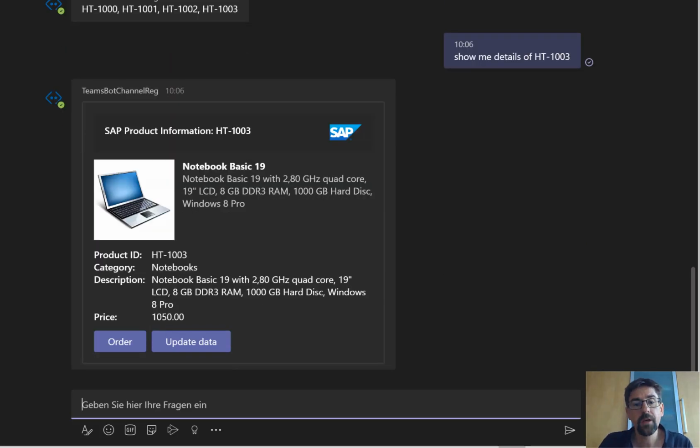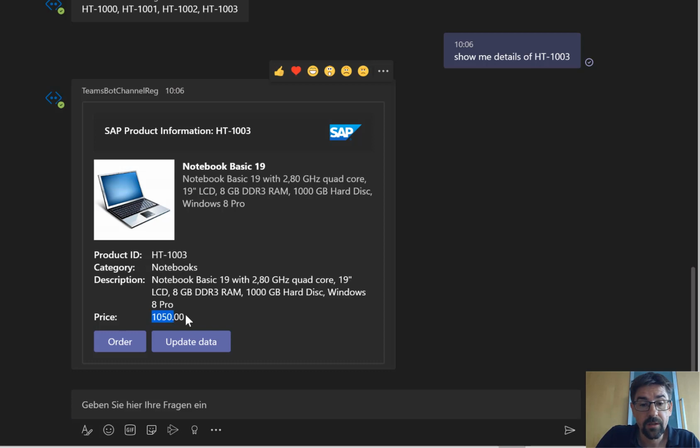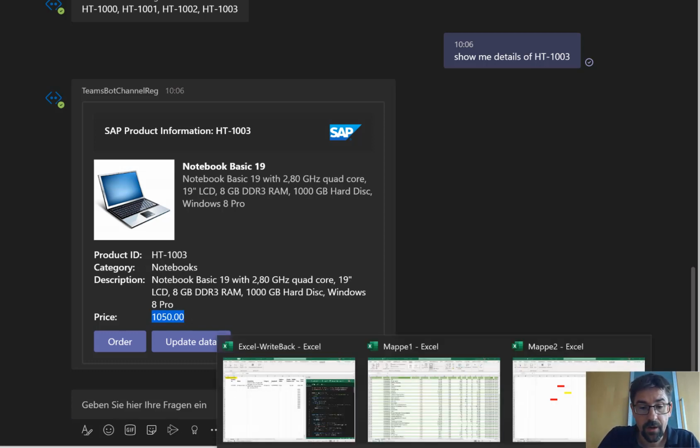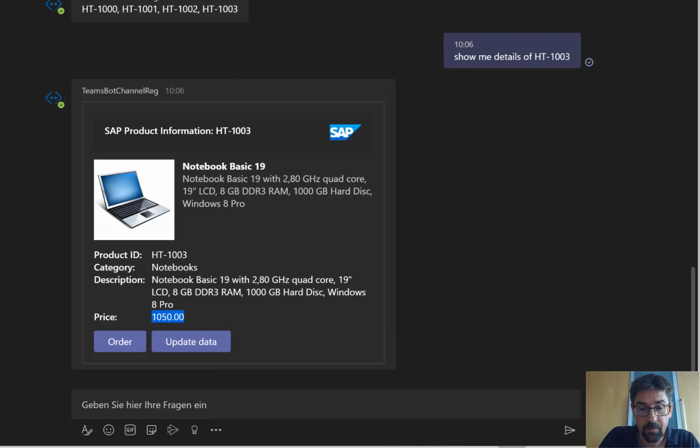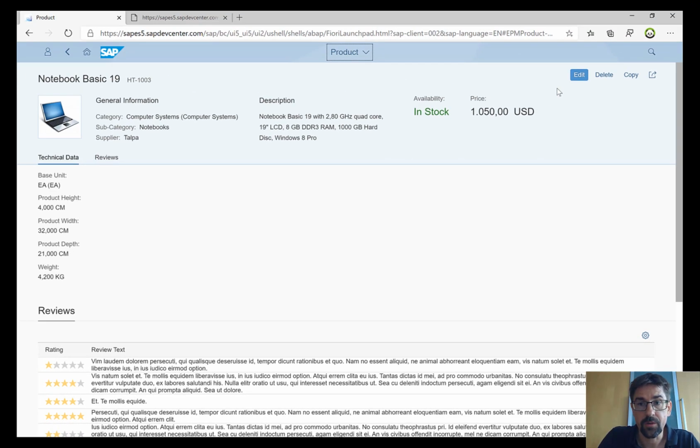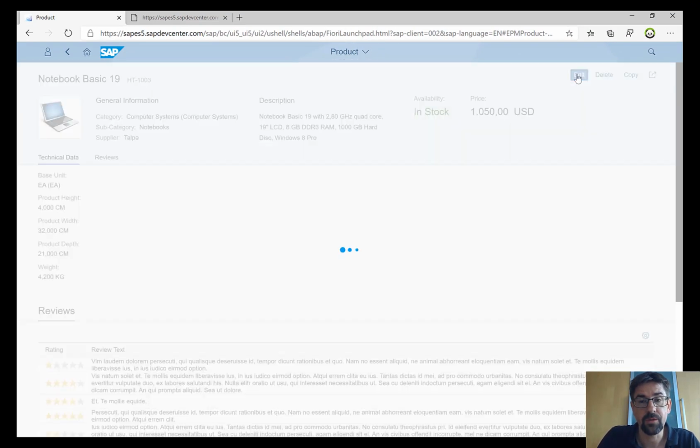We're calling the OData service, we're retrieving from the SAP system, and we're getting information like, look, this is our product, this is the description, notebook 19, this is the product ID, this is the price that we have updated. So again, very quickly, if I go back to my Fiori screen, if I would change the price, let's reduce it even further.